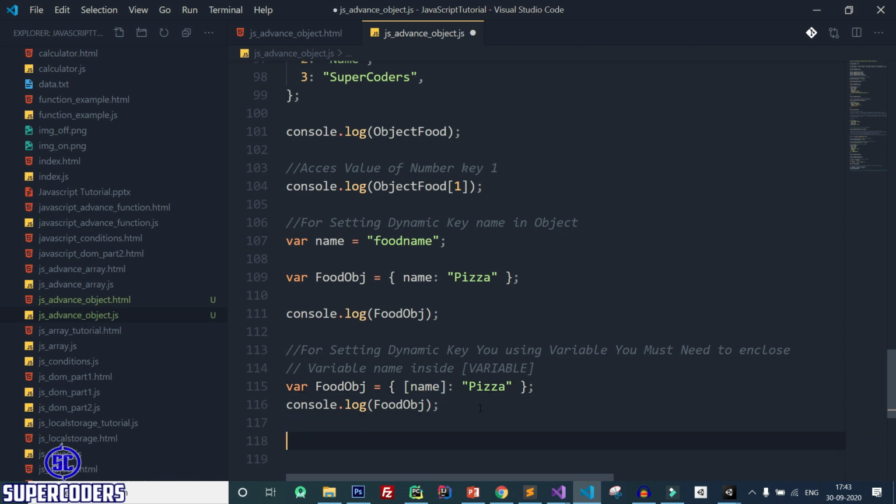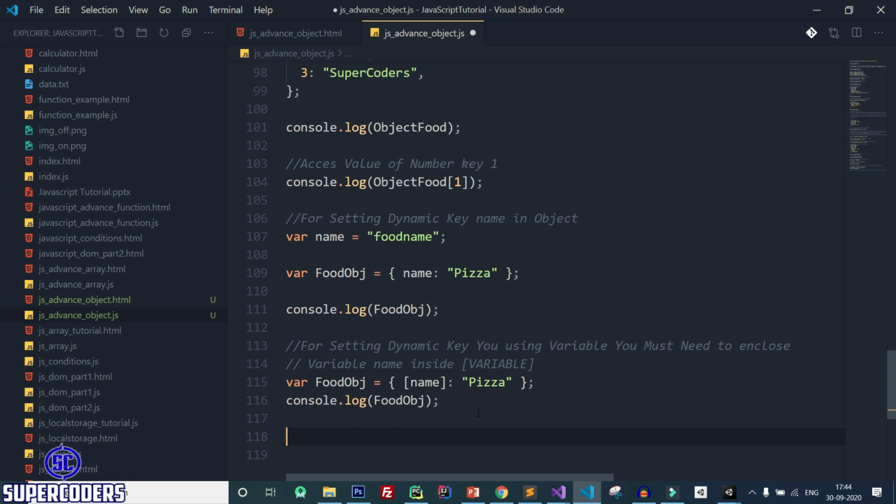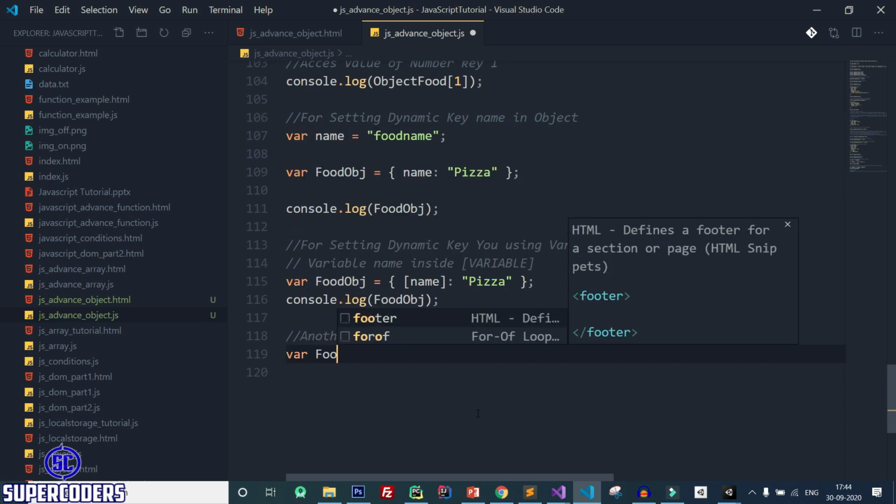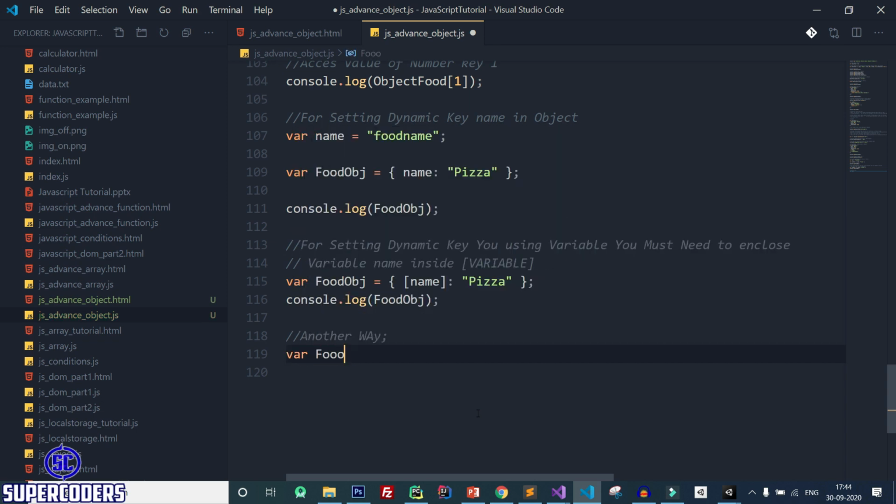Also there is another way you can use like this. Let's see another way. So simply create a food object and make it empty.